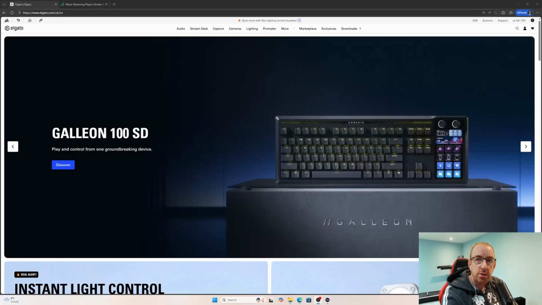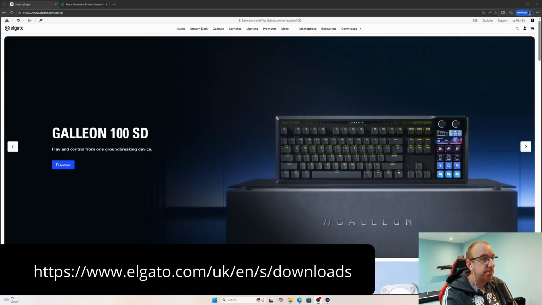Okay, so this video is concentrating on the Pretzel Rocks application, but we're going to be looking at Elgato Wavelink connection and also the Stream Deck setup as well. So if you haven't got those installed, I'll quickly show you where to go to get the download and the